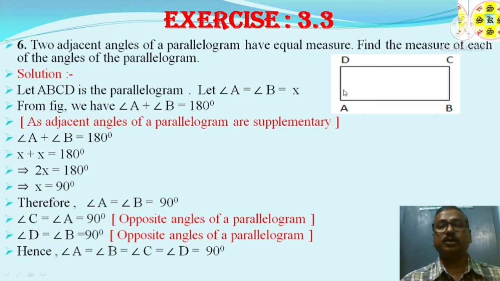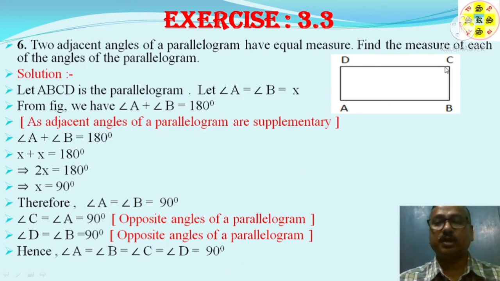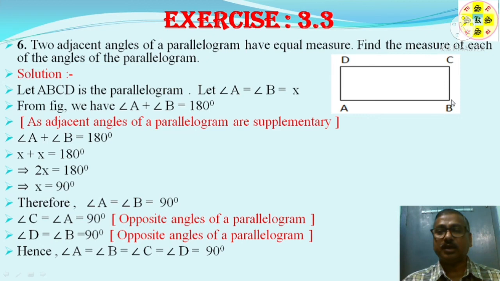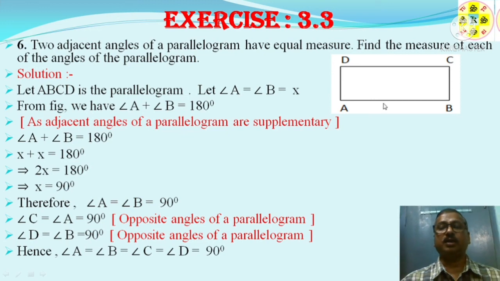So this is one of the questions. Now it may be a short question also. If the adjacent angles of a parallelogram are equal, then this parallelogram is a rectangle. If adjacent angles are equal, so there are no options. Already opposite angles are equal in a parallelogram, adjacent angles are supplementary, so if they are equal, definitely they should be 90 degrees. That means all angles are 90, that means this is a rectangle.